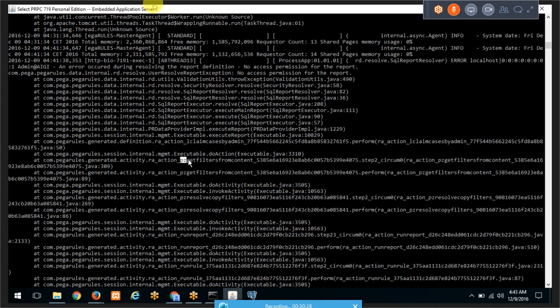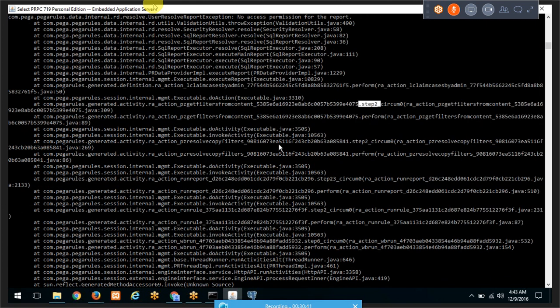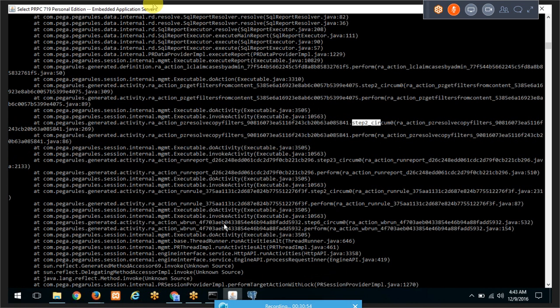There is an activity called pzGetFilterFromContent, and that step 2 is the first point, or the last point, for the error stack. If you trace it below, it says here step 2. This is again called from resolve copy filter step 2. And further down, you will find something called wb run, which is at step 6. So if you look at get filter from content,